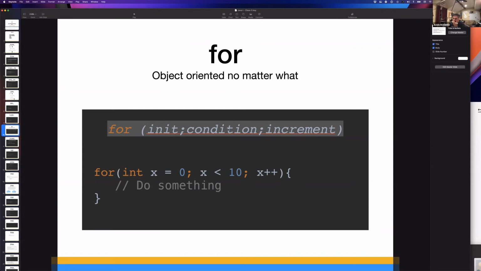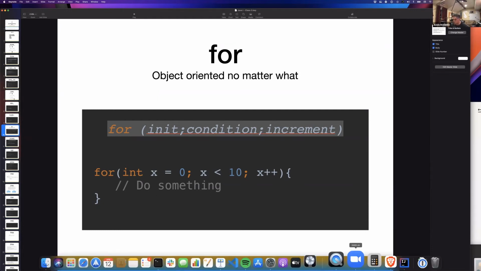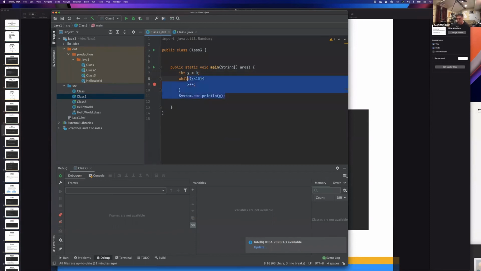This one has a built-in counter. Basically, what this one is telling us is that there's an initial condition, a condition that sets a variable that only lives in that scope. While that condition is true, then that increment will happen. And the easiest way to express it, this is a typical for that you might see everywhere else, where you have, let's do the same counter,